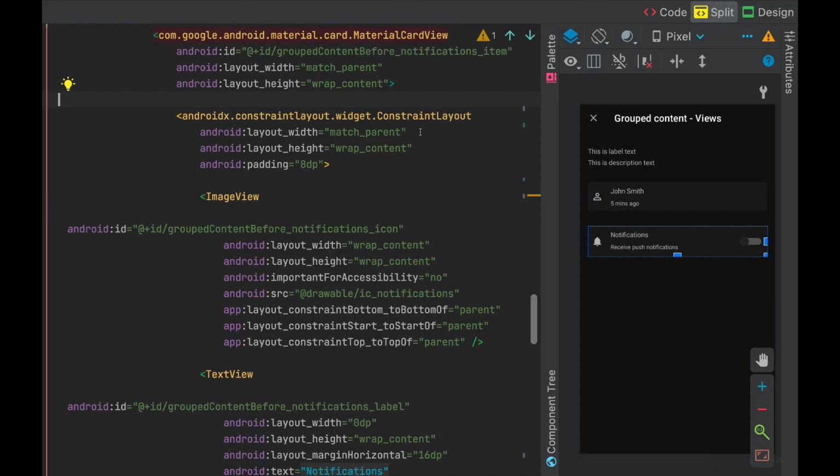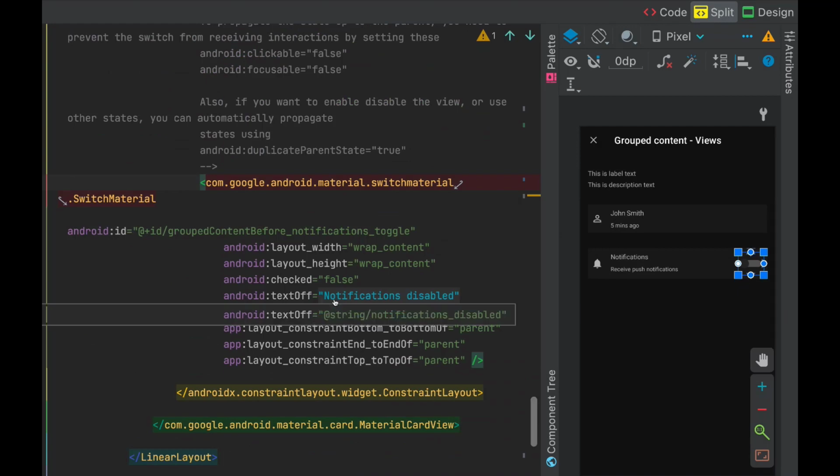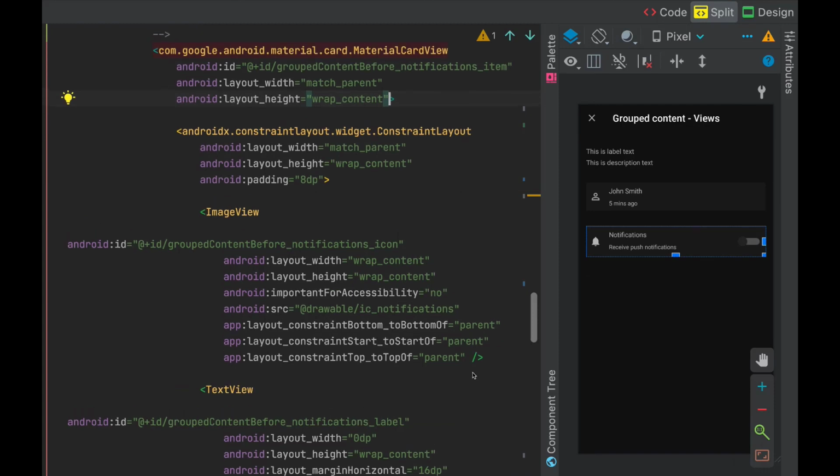Now let's have a look at a slightly more complex layout. We have a push notifications setting toggle here, and we want clicks on the whole item to toggle it. It is laid out very similarly to our contact last seen card. However, all the way on to the right of it, we have a switch which allows us to do the toggling. So, just as before, to group up the announcement for the setting toggle, we're going to go to the material card view that contains everything. We're going to make it important for accessibility yes and focusable yes, and this will group up most of the text content for it.